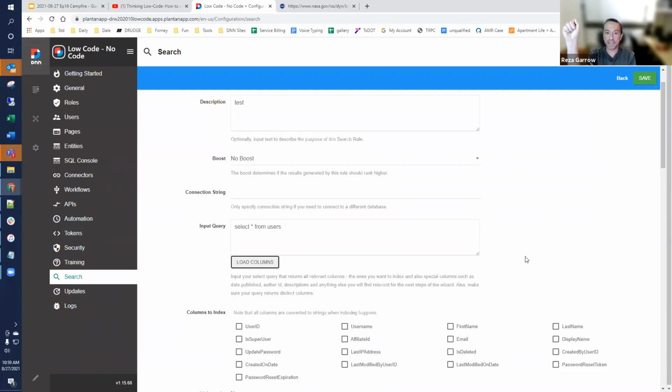And if you turn on the enable indexing on your entities, by default it's off, but it will index them. It's a real good way to try it out and test it out. Maybe you want it on, maybe you don't want it on for certain ones, but you can get a feel and control what it looks like for making it very easy to find things. And the community portal is using it heavily.